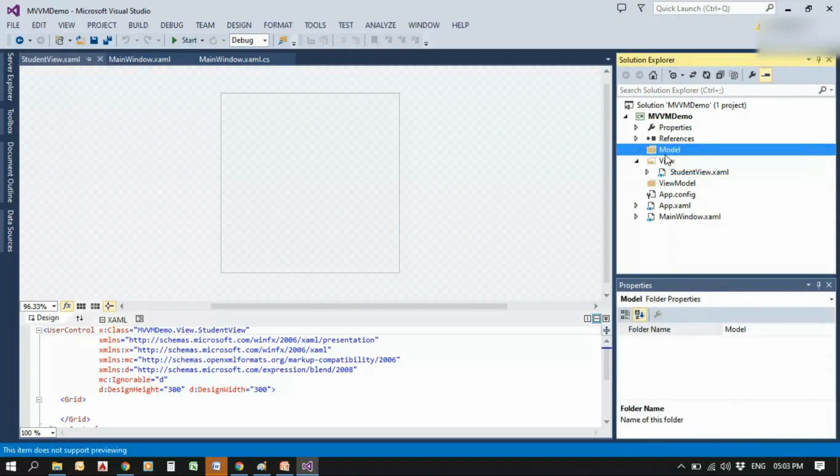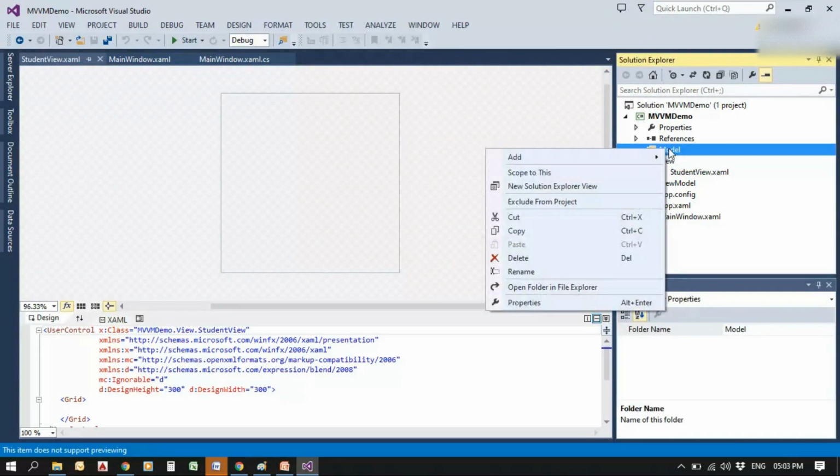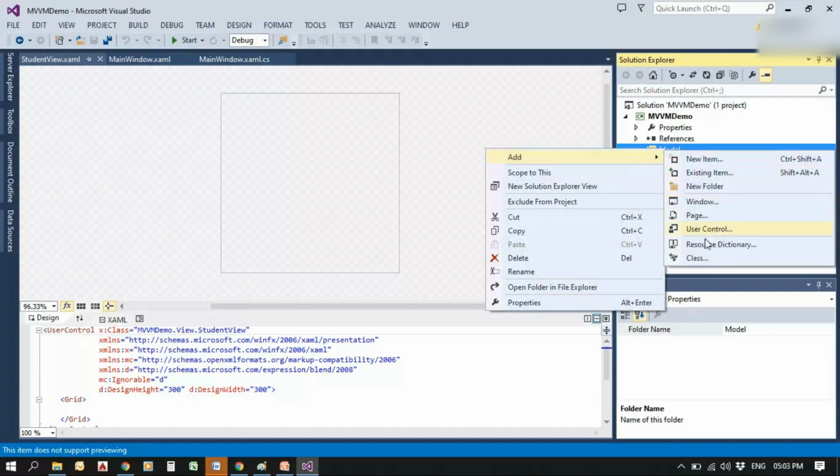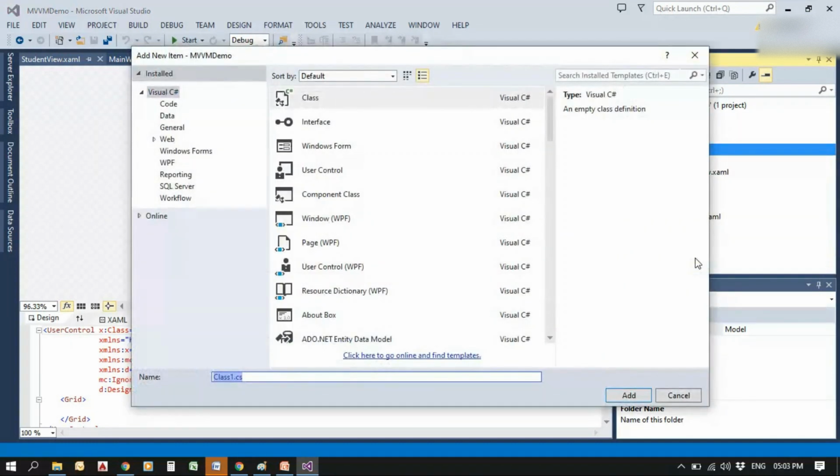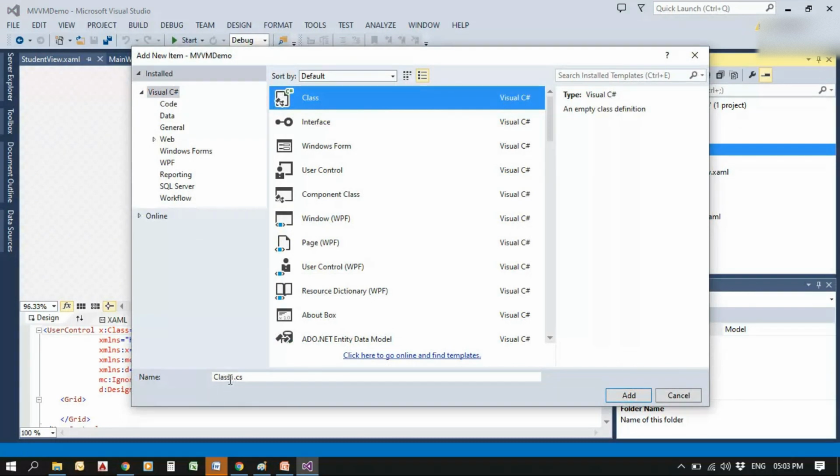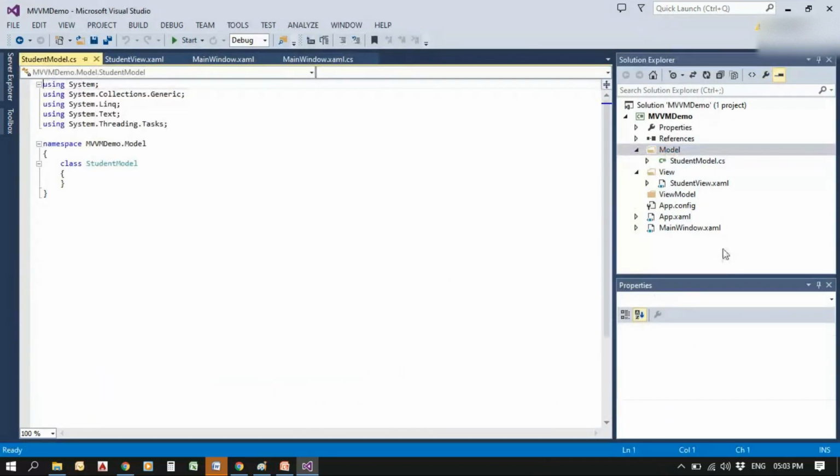So inside model, add a new class file and give the name student model so that you can understand it's a model class. Add it. And inside view model also we can add a class file.